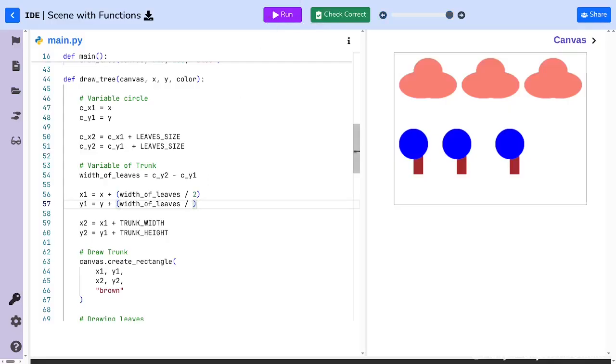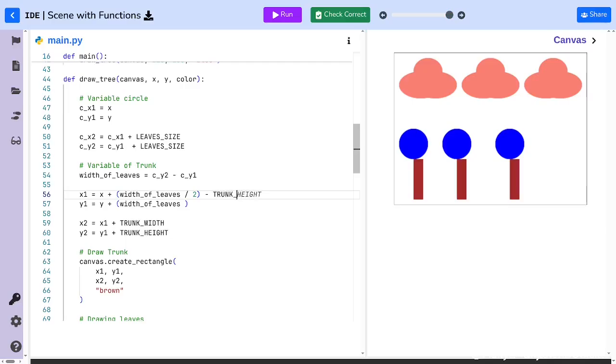Right. So no division at all. This looks nice. But how about we are getting x, we are getting the width of leaves by 2. That is somewhere around here, at the half of the circle. But we should not start from the half of the circle, but a little behind that. Isn't it? And that little behind will be defined by whatever the trunk width is. So if we subtract trunk width from it,